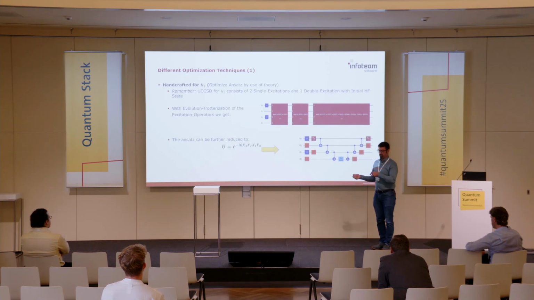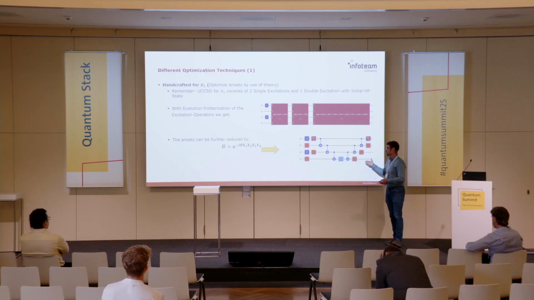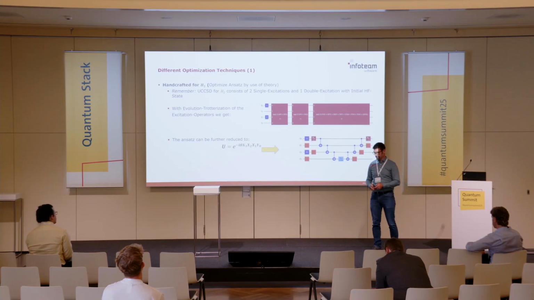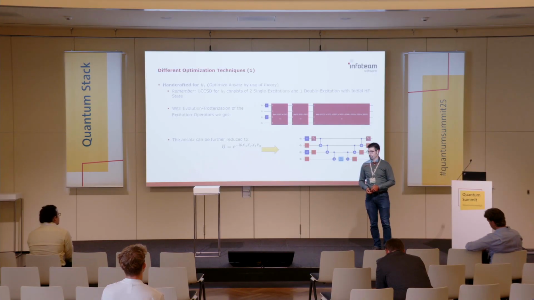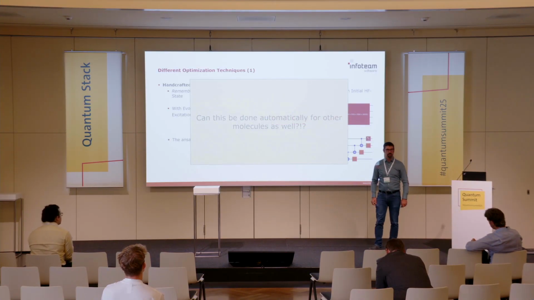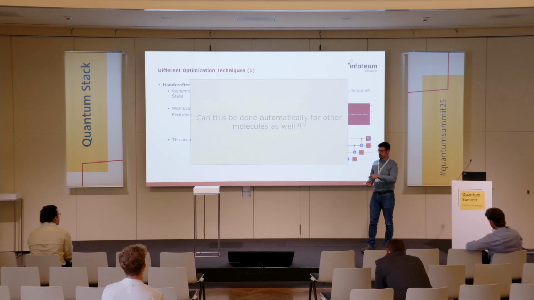And when we combine this with the Hartree-Fock state and use the Trotter evolution gates, we come up with this little circuit. We can further improve this by hand to this one. This is the reduced H2 circuit that I showed before, with 17 gains in the depth of 10. We were wondering if we can do these things automatically, not only diving into the molecular structure, then building all these trotterization operations, and then further optimizing this.